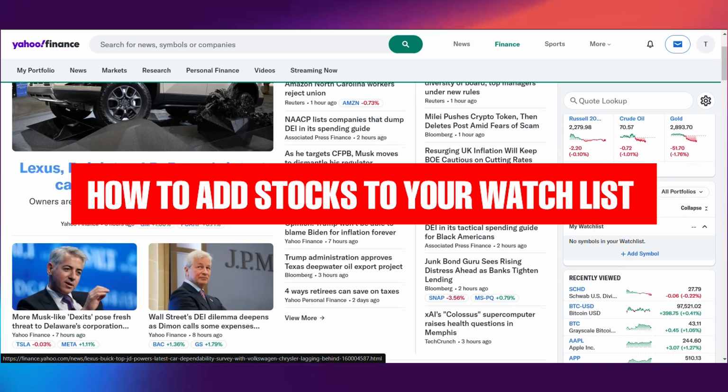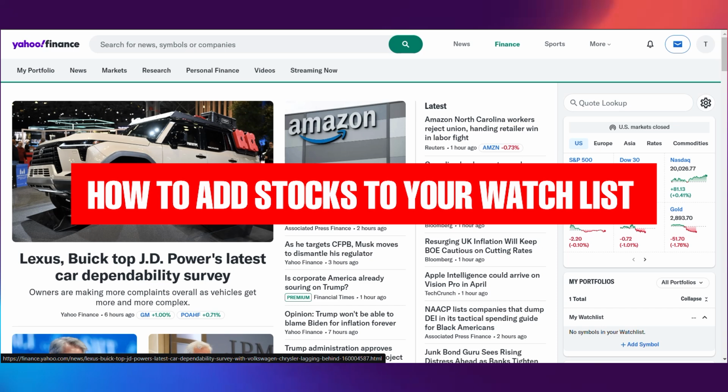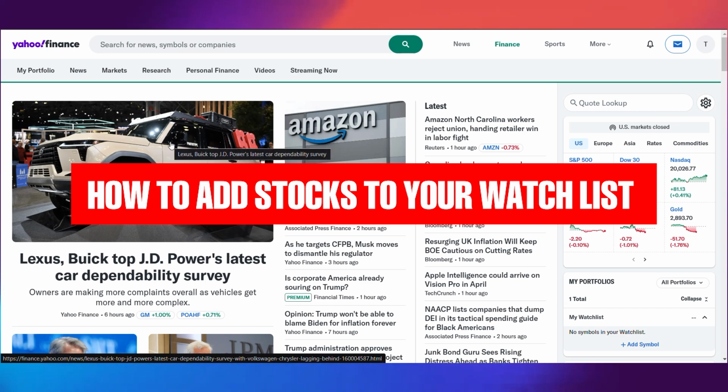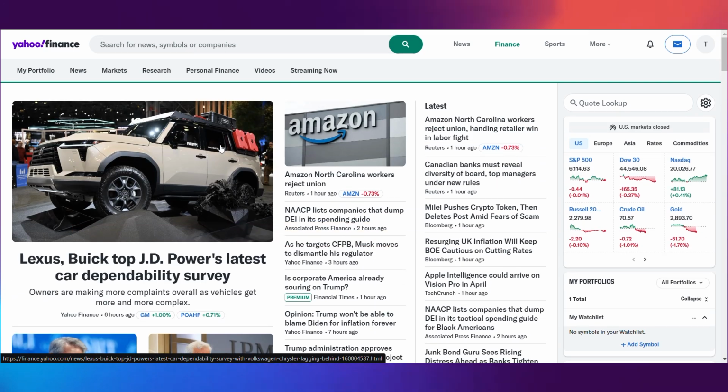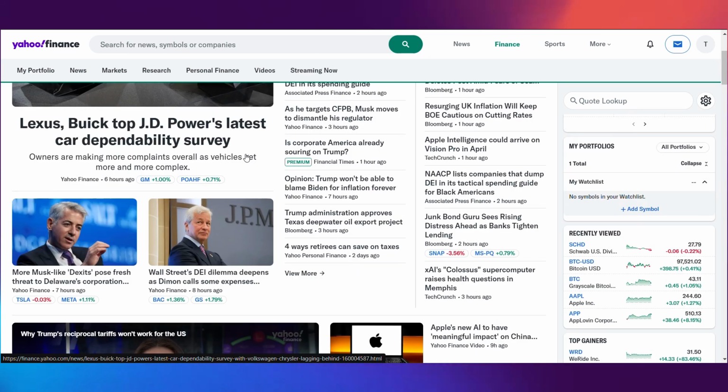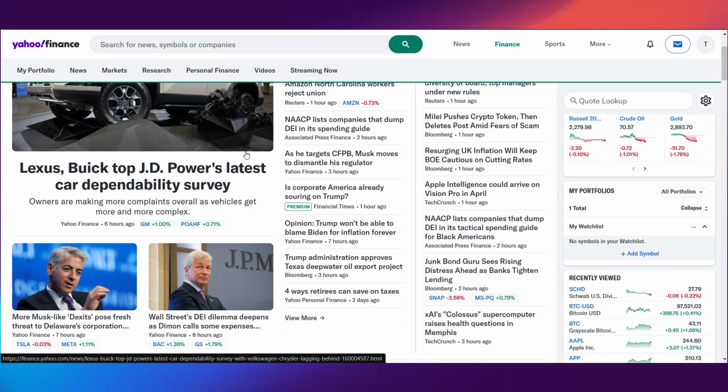Today I'm going to quickly show you how to add a stock to your watch list in Yahoo Finance. This is a super helpful tool if you want to track individual stocks and get notifications when the price changes or see updates on any news related to the stock you're watching. Even if you are already invested, having them on your watch list can help you stay informed about your